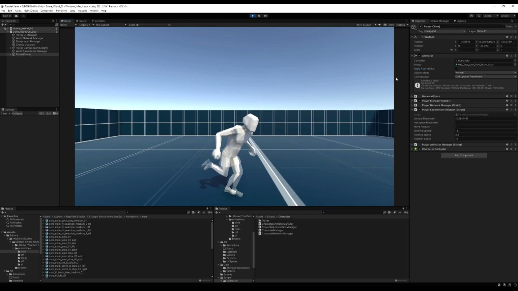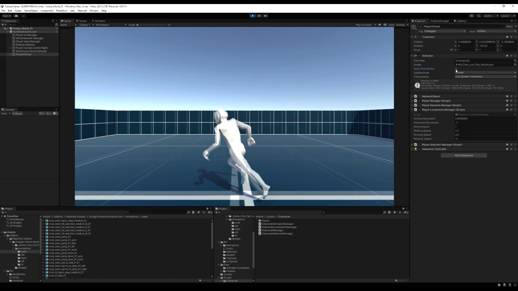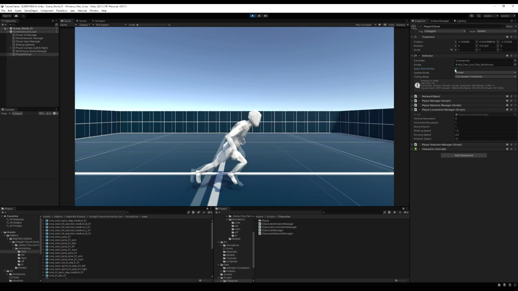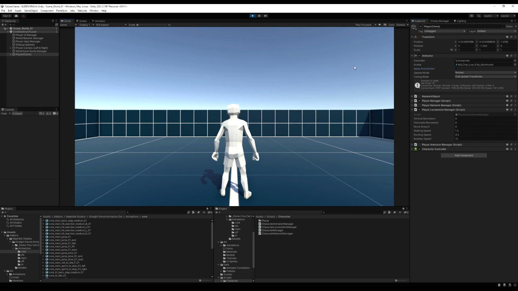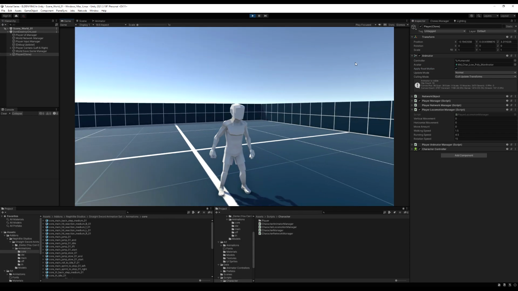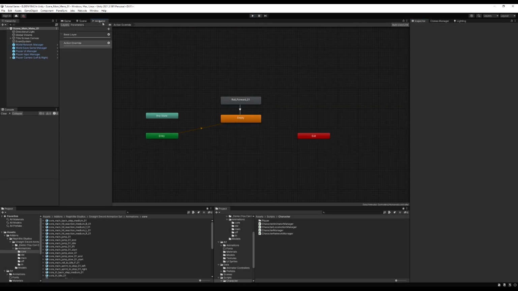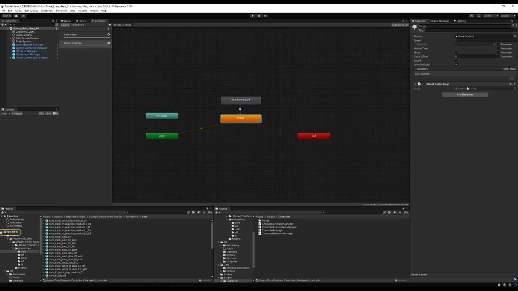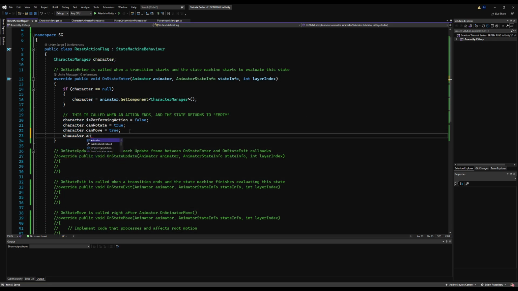And root motion basically takes the movement of your animation and adds it onto your character's movement. So if we combine our character controller movement with the movement of our walking animations, you get this effect where you basically double them up and apply your speed twice over. Now we don't want that. So what you could do is just say apply root motion is equal to false in your new reset animator action script, and that would work out just fine. So you could say character dot animator dot apply root motion is equal to false.